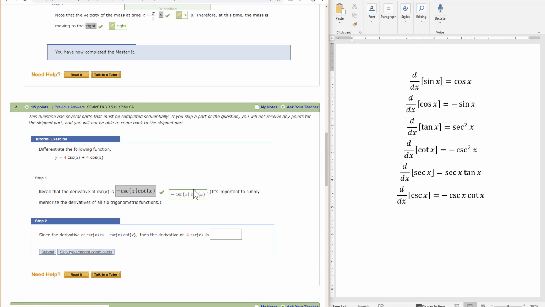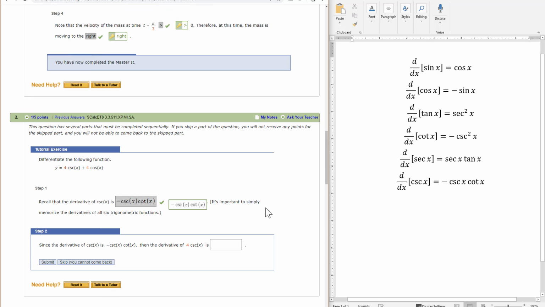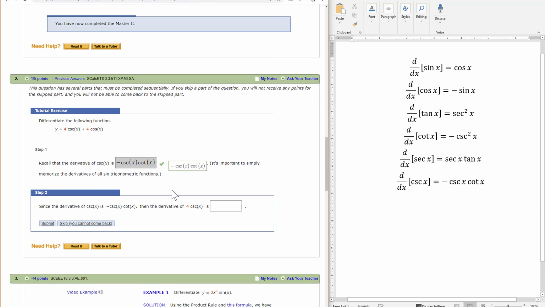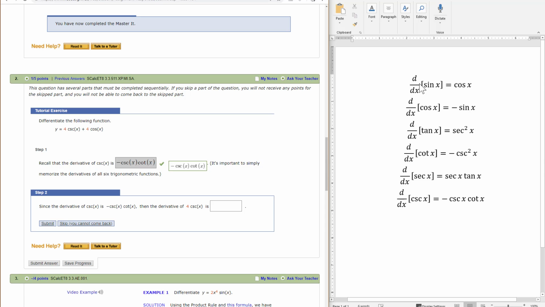Some of these things you can rederive using the quotient rule or whatever else you need to do, a bunch of trig identities, but I say it's important to simply memorize the derivatives of all 6 trigonometric functions. So for a while you'll probably need a list of derivatives to look at, so maybe it would be good to make a list of derivatives, not just trig functions but a bunch of other formulas, and keep looking at it over and over again, and eventually it'll stick